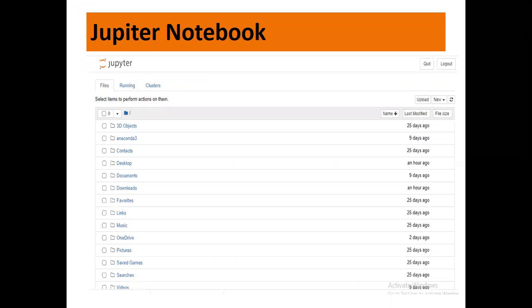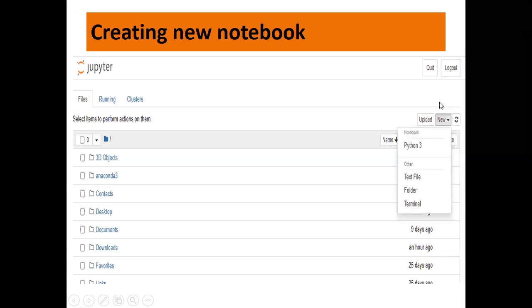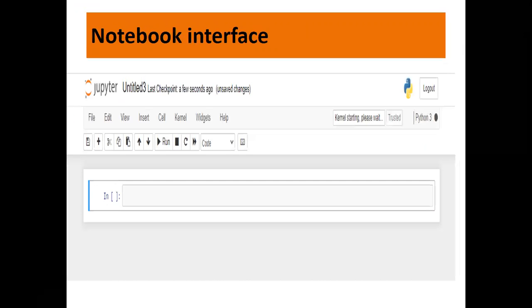Once you click on launch, this is the screen that will appear. With all these details, you just need to click on New. Once you click on New, select Python 3. As soon as you click on Python 3, this is the interface that will open. You can click here and change the file name. This is a simple notebook interface. Is it clear? Before you start with the program, make these things ready and then start typing the program.